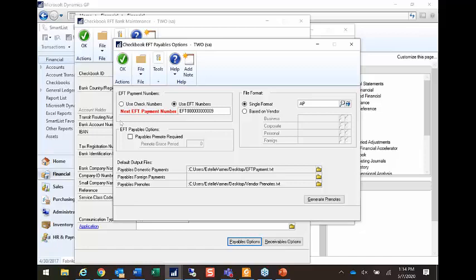Some banks don't like that, and they don't want that. So that's another reason why you have to speak to your bank and ask, do you require it? Do you say you don't want it, or are they okay? And the reason why there's a checkbox here is if you do turn it on, then some banks will say, well, try it once. Do a pre-note once for your vendors. Or some banks will say you've got to get an approval at least twice before we will accept real payment. So that's the type of information you need to know for setting up your banking information. So I'm going to close this screen,